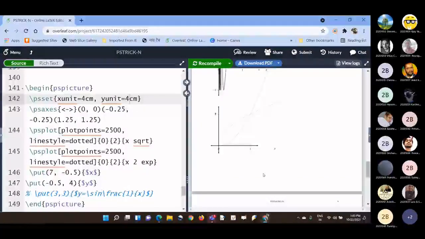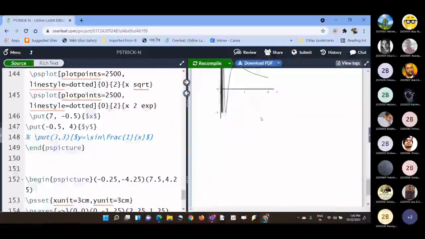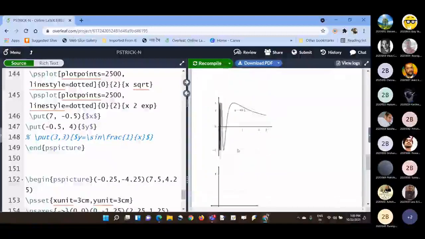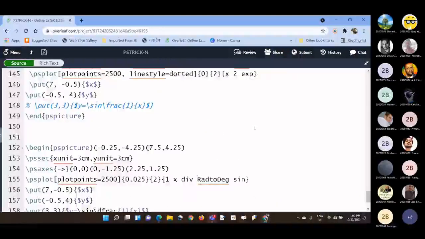Like this you can change the color of these two plots also. Let us see, this is a repetition of the first graph. So this is about how we can plot simple graphs or graphs of functions in LaTeX using the pstricks package.